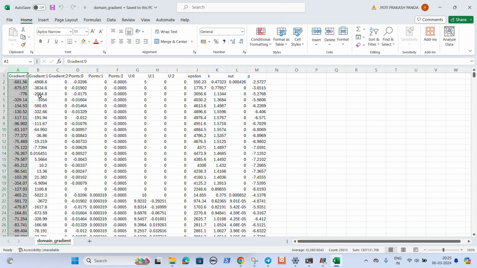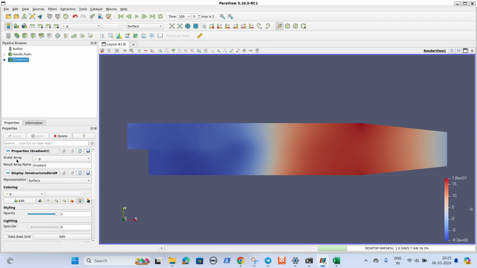Here I have generated data for the pressure gradients, and here you can see in the scalar array P was